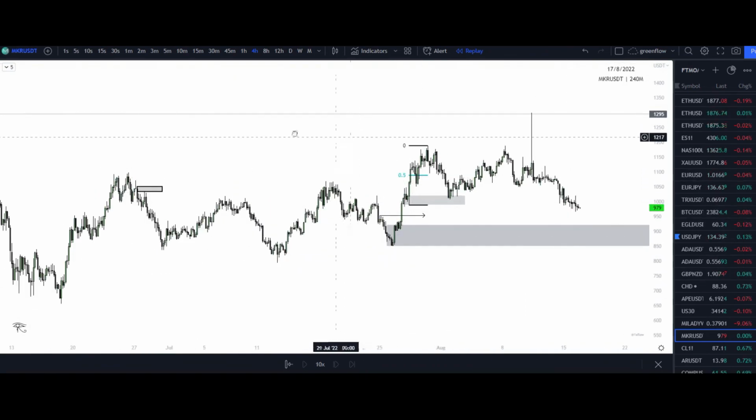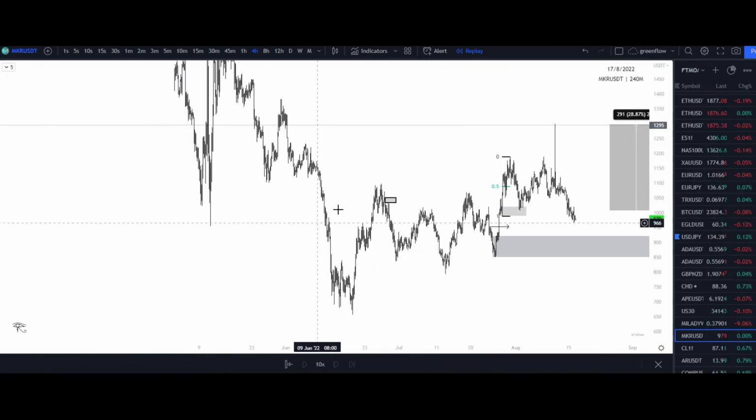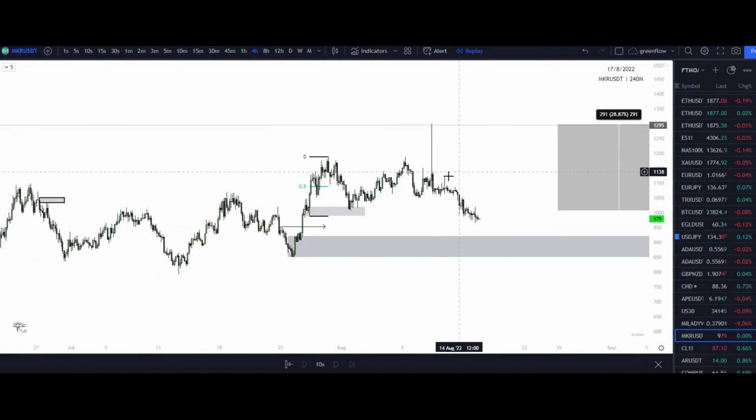I do like Maker. I just don't really like this wick into this supply zone that we had created, right? But this could also induce a lot of shorts. So as long as we remain bullish from that bullish narrative standpoint, we can still take trades to the upside as long as those rules are given to us. Just because it may look a certain way or you don't like it or whatever it is, right? As long as your rules are hitting, then continue to take your trades, right?